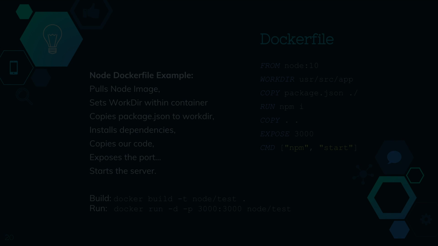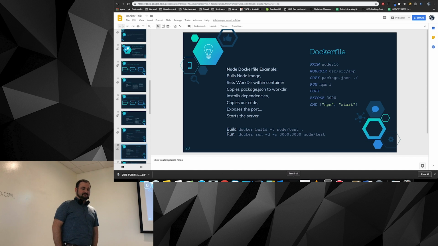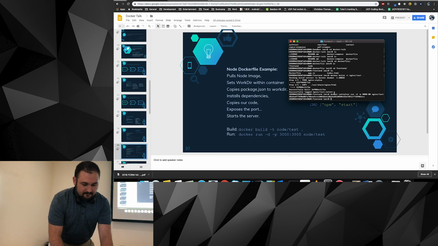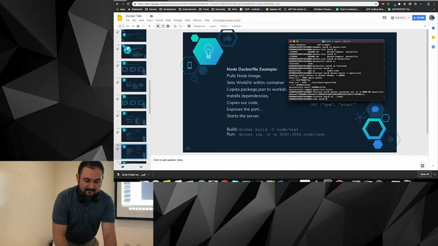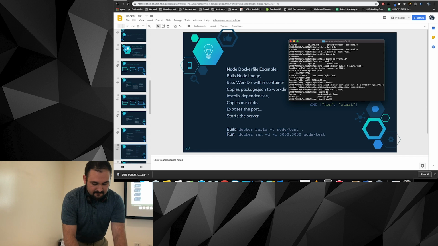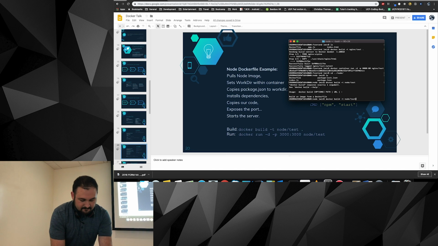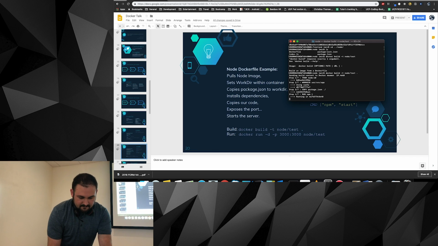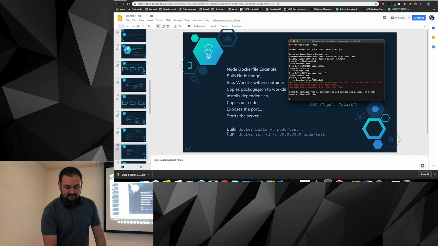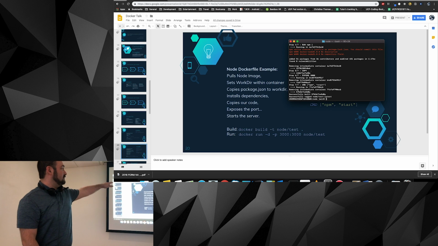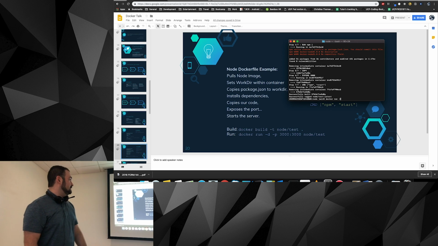So I'll give everybody a minute to run this, spin that up. So this is downloading from where? Where's it downloading node from? That's coming from Docker Hub, the official node image. So that's the error you'll see when you forget the period. The redness is coming from node, or NPM specifically.